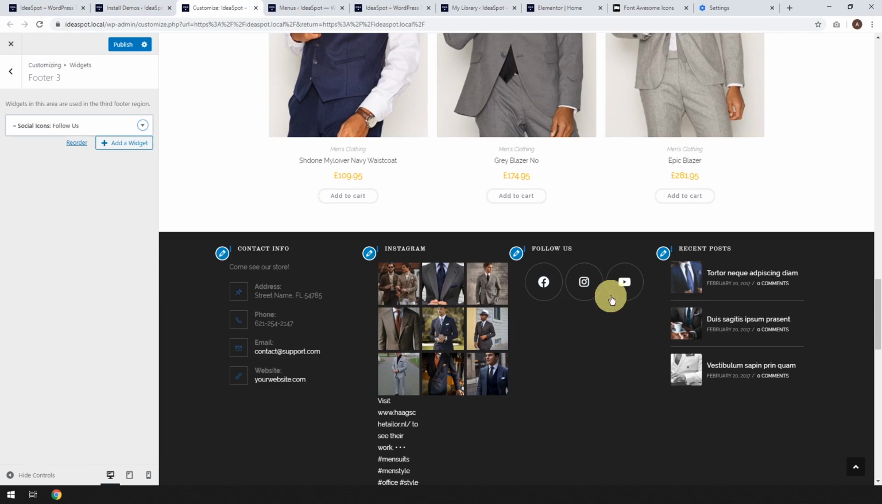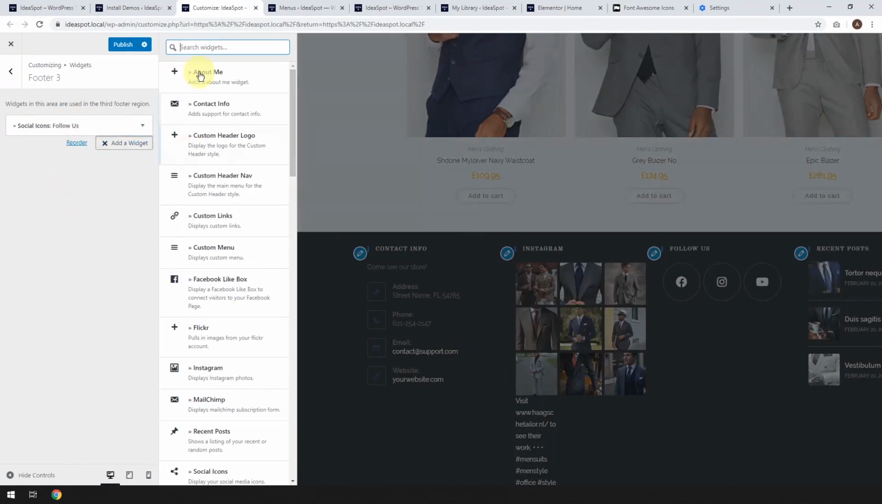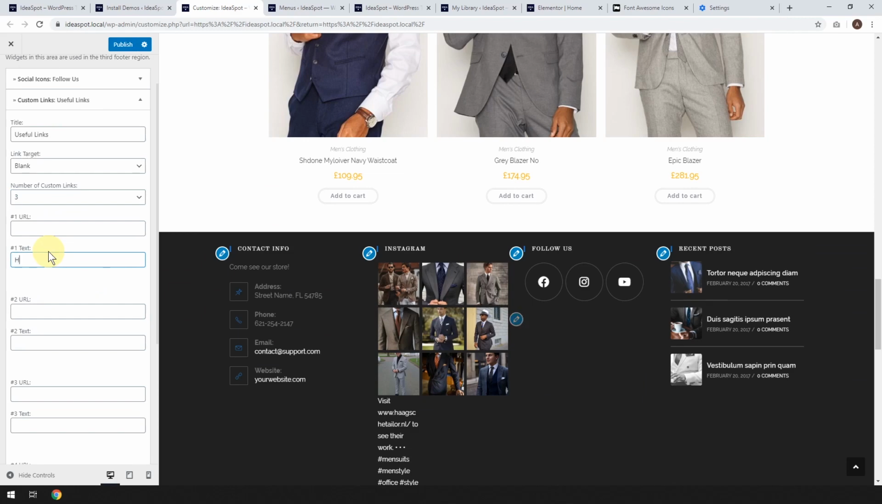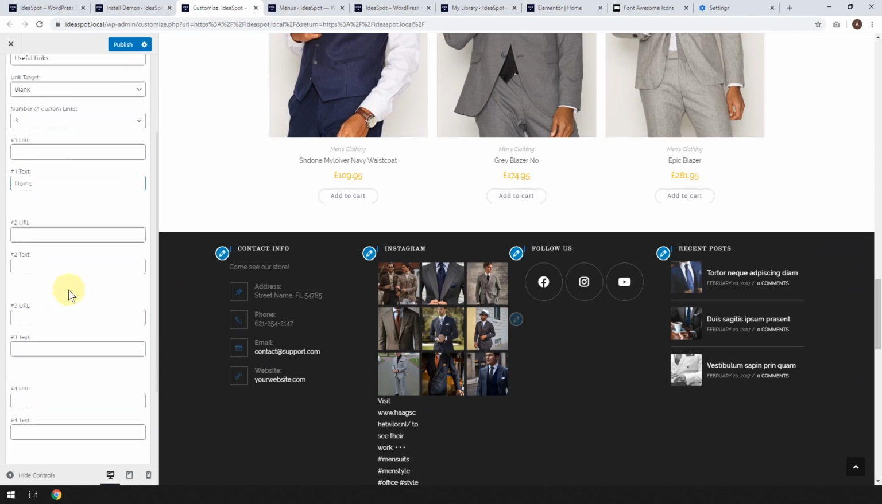Now we could just have the follow us there. We could add a widget, and there's lots of different widgets you could add. Let's just add, say, some custom links. Maybe it might be nice. Let's go ahead. There we go. So we've got some useful links we can add, and let's just make, say, 3. So let's just have home, and then